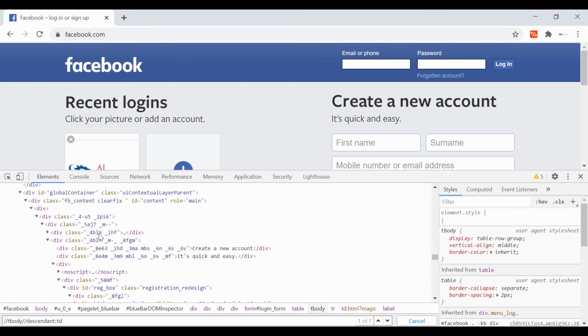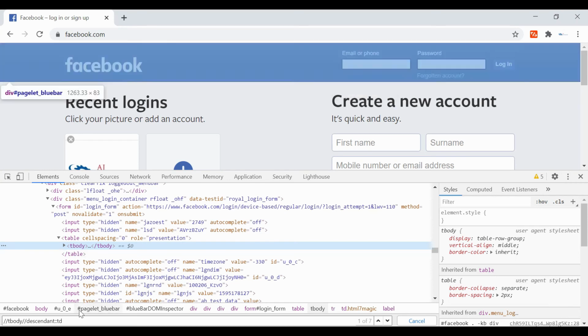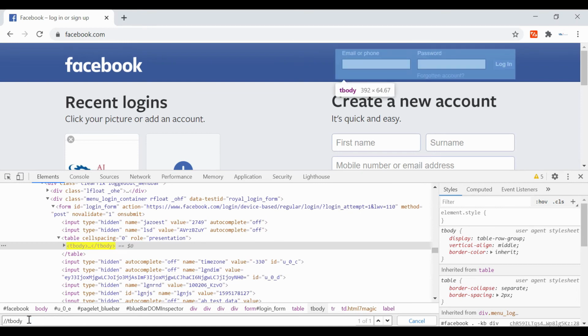So if you want to check how many elements are there after this tbody, you can check using this following access. So tbody/following:: and as you want to check all, you can use the star. So this number will represent like 479 elements are there below this tbody.